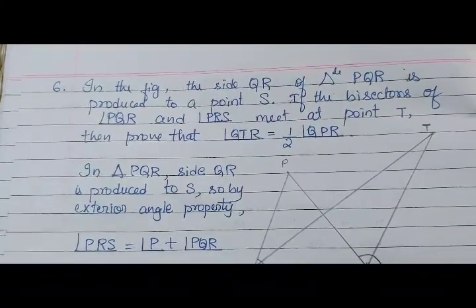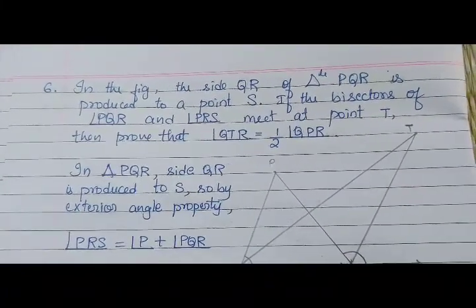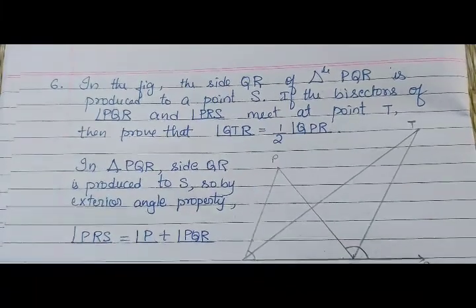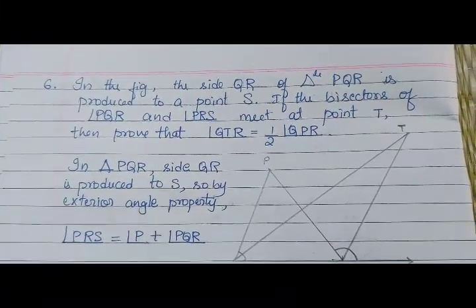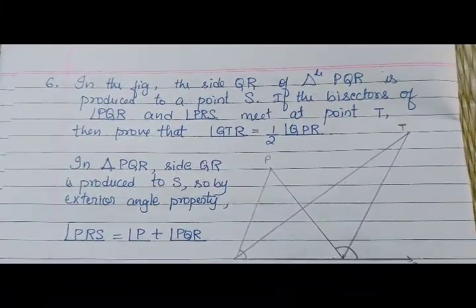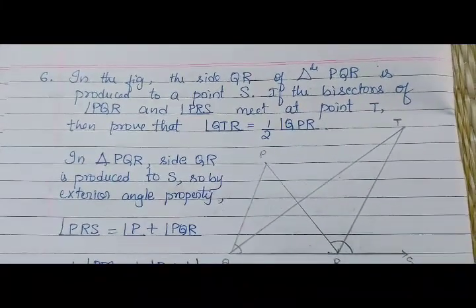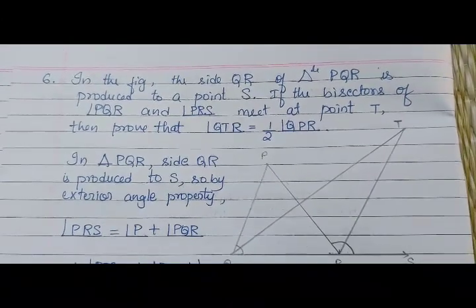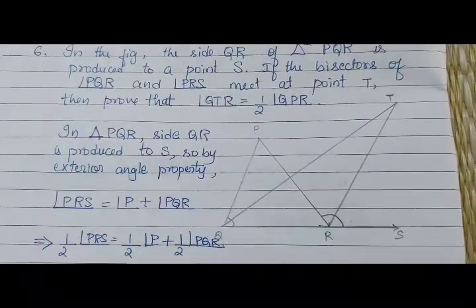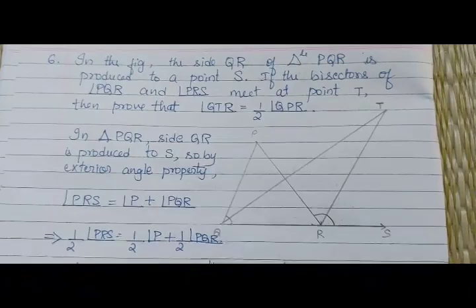In the figure, the side QR of triangle PQR is produced to the point S. If the bisectors of angle PQR and angle PRS meet at a point T, then prove that angle QTR is equal to half angle QPR. In triangle PQR, then